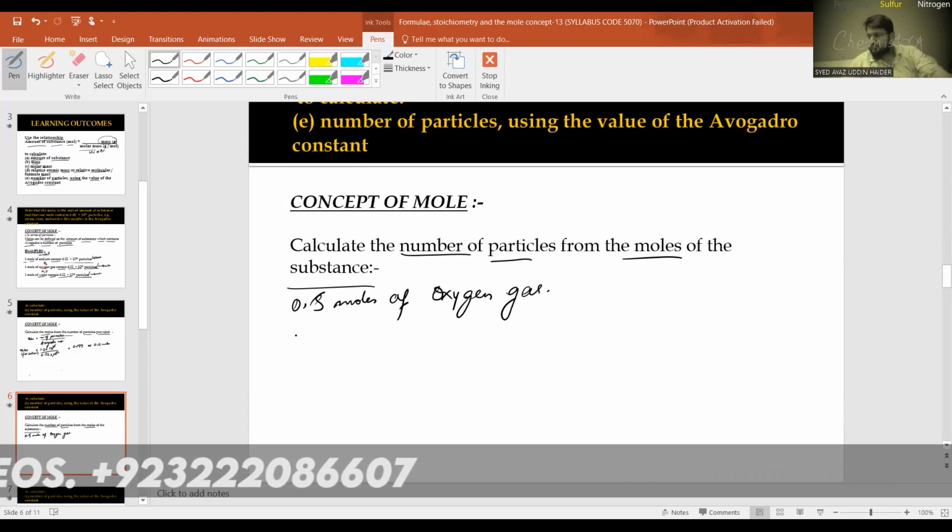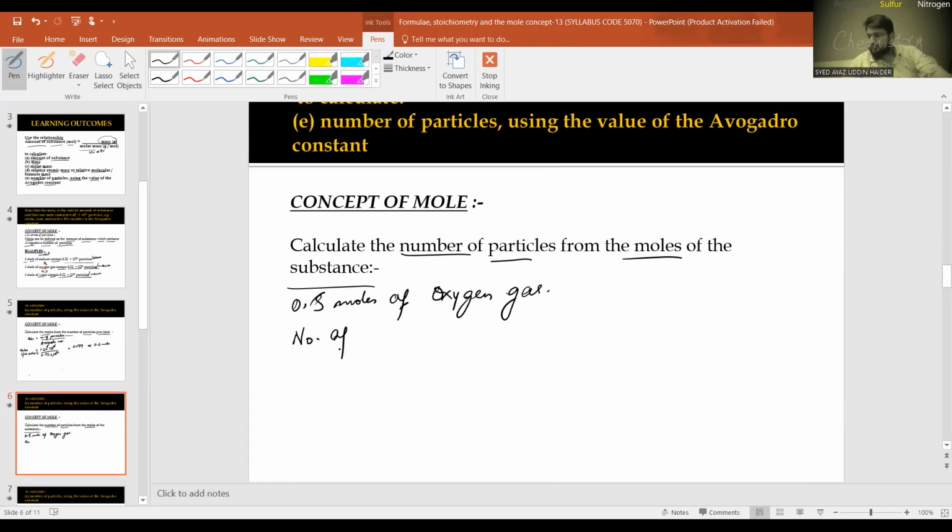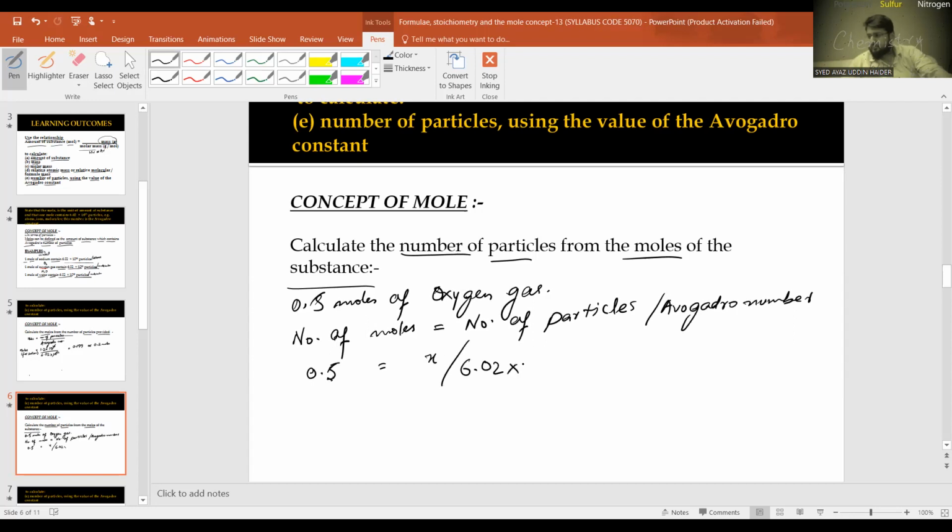We have the formula, that is number of moles is equal to number of particles divided by Avogadro number. So number of moles is 0.5 and we want to calculate the number of particles. We'll write x here divided by 6.02 × 10^23,